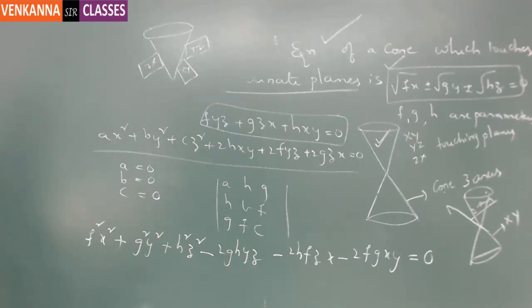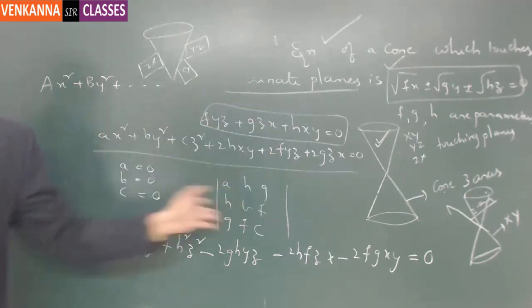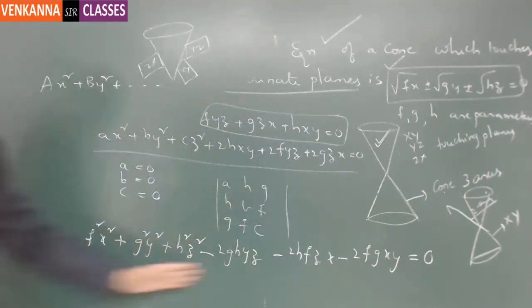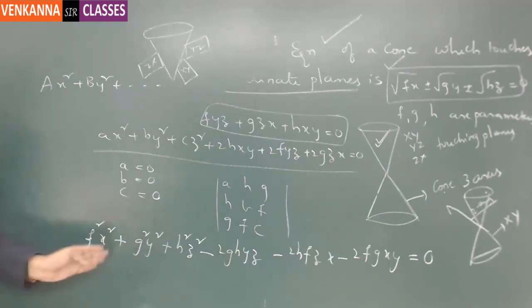So we are saying that capital A is equal to 0. Generally the reciprocal cone equation is capital A x square plus capital B y square plus etcetera, isn't it? Where capital A, B, C are nothing but the cofactors. So after finding the cofactors, you will get the resultant equation like this. That is what I am saying actually. I left that part for you. You have to calculate the cofactors. That will come like that. Fine. Simply taking the values from it.